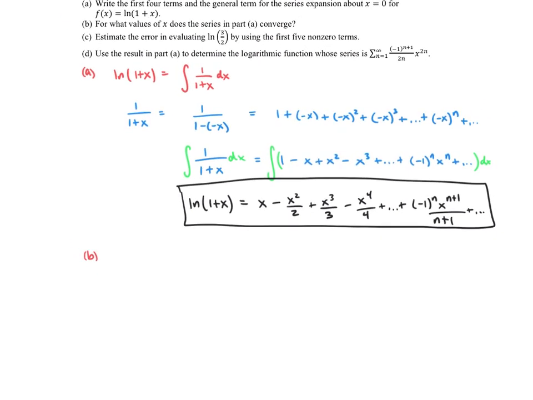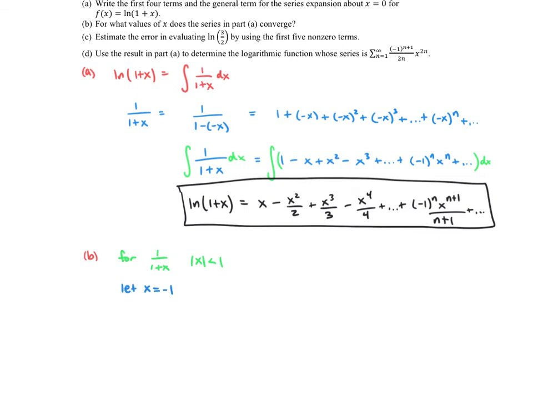All right, part B says for what values of x does the series converge? So we're having to analyze now what we're going to look at in terms of the interval. Now keep in mind that for the original that we started with, we have the absolute value of x is less than 1 in terms of the interval of convergence. And so for the natural log of 1 plus x, we're starting with -1 to 1 with regard to the interval. So what we want to do is test